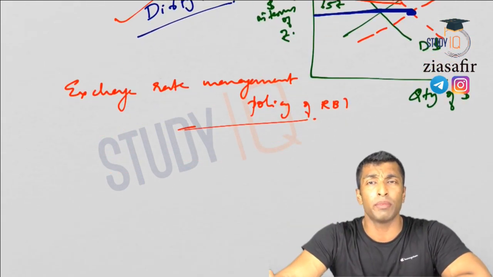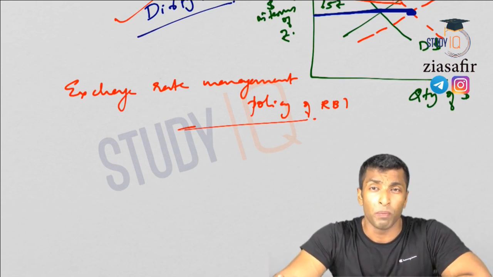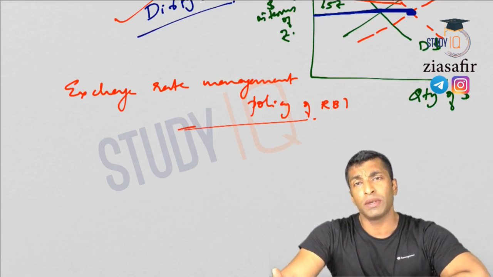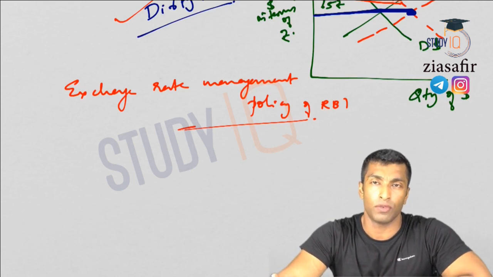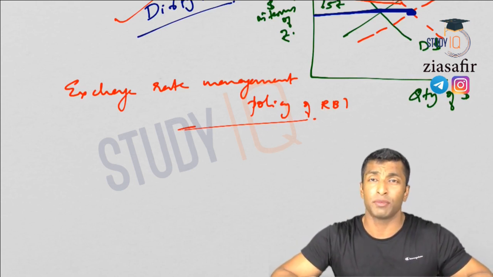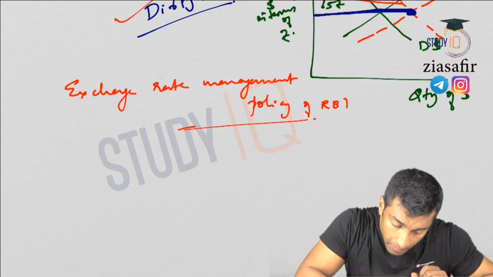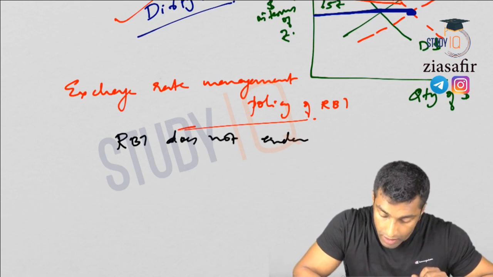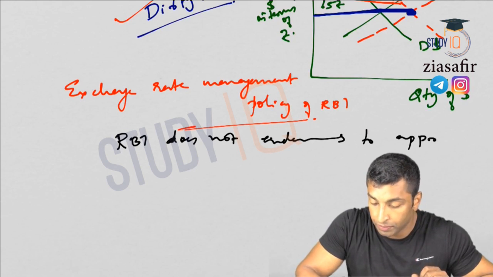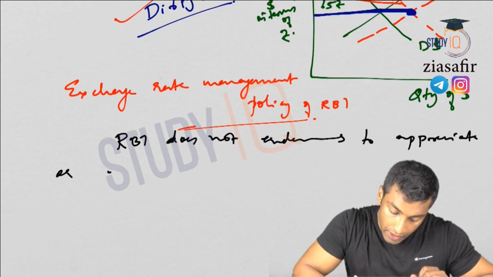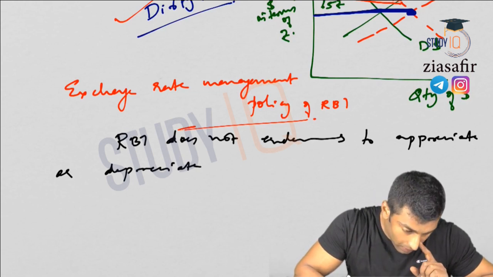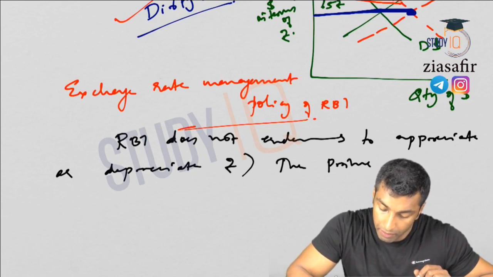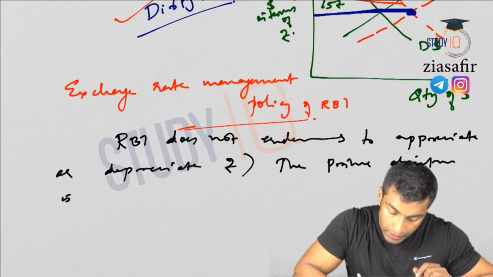Is there any endeavor from RBI side to appreciate or depreciate rupee? Actually no. RBI never endeavors for appreciation or depreciation of rupee. Rather, RBI's objective is basically to stabilize the exchange rate of rupee. I'll just write it down, this exchange rate management policy. So RBI does not endeavor to appreciate or depreciate rupee, and what it does, the prime objective is